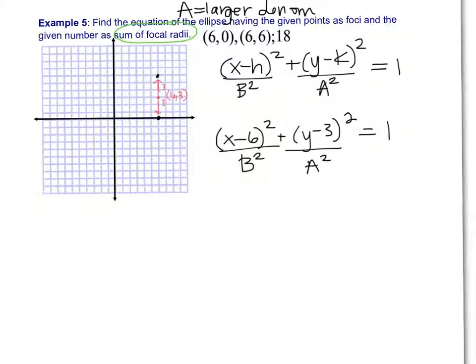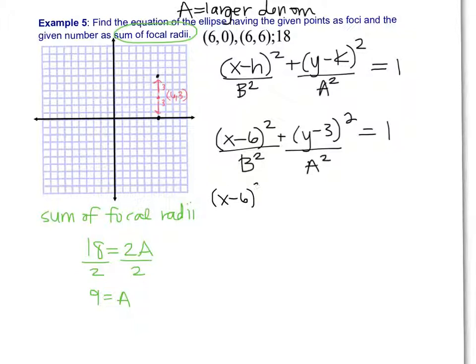So here's the equation. The sum of the focal radii, where should I write it? Maybe over here. Sum of focal radii in this problem is 18. That's always going to be equal to 2 times a, where a is that larger denominator. So just by dividing by 2 on both sides, I get that my a is 9, and I can go ahead and plug that in. So right now I have x minus 6 squared over b squared plus y minus 3 squared over a squared, so 9 squared,